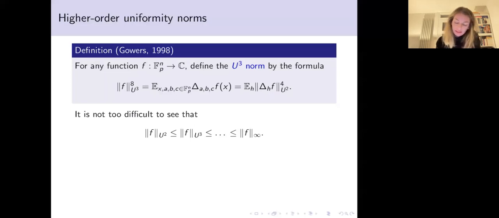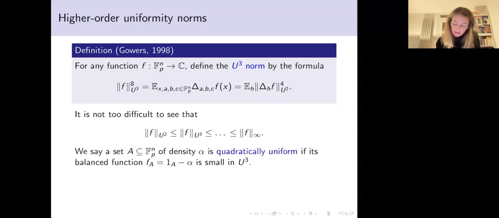Okay, so now that we've defined this norm, and I really want to focus on U3 here, we can also say what it means for the set to be uniform in a way that is useful to us when it comes to counting 4-term arithmetic progressions. So I will say that a set A is quadratically uniform. Really, what I would like to say is if its indicator function is small in the U3 norm, but that's not quite true, so I need to shift it by the density. But yes, so the set is quadratically uniform if its balanced function, which is the characteristic function minus the density, is small in U3. And now we do have an analog of the earlier fact that I quoted for 3-term arithmetic progressions,